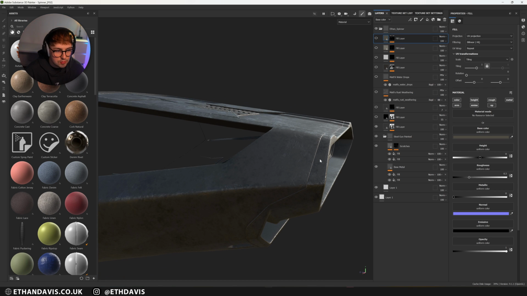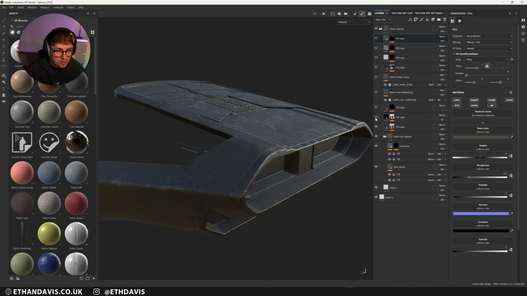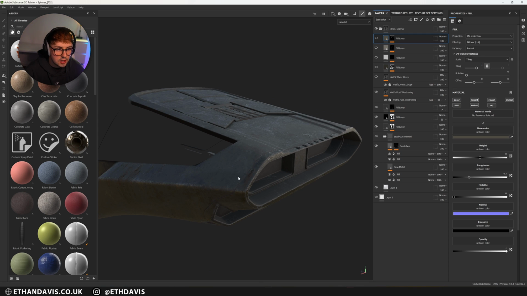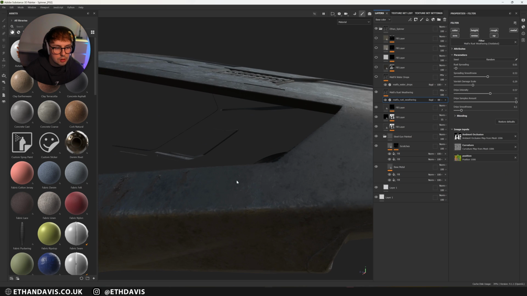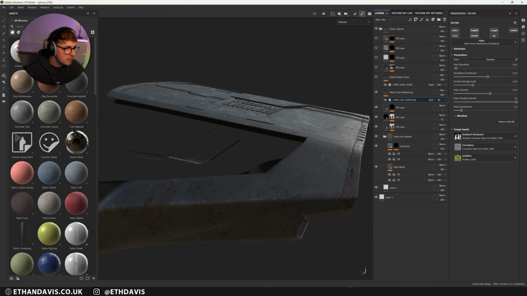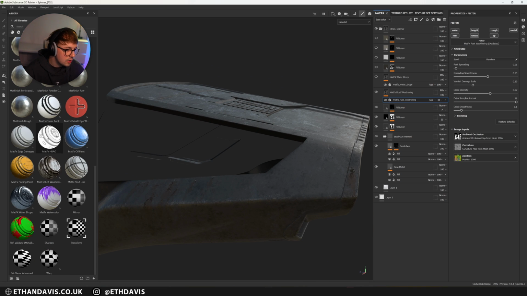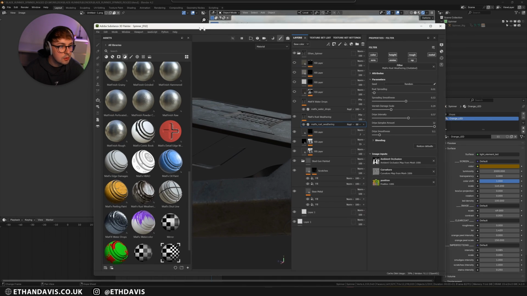So then, just adding onto that, just adding loads of grunge, like so. And then I used the Matte Effects Rust Weathering, which is like a smart material. Actually, I think it's a generator. Yeah, generator. So if you come down to the top left, I think my head is in the way. Let me just move this over.